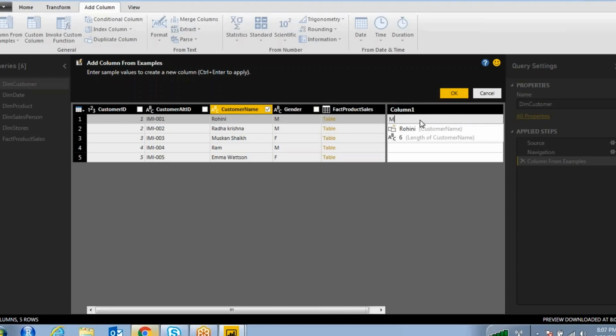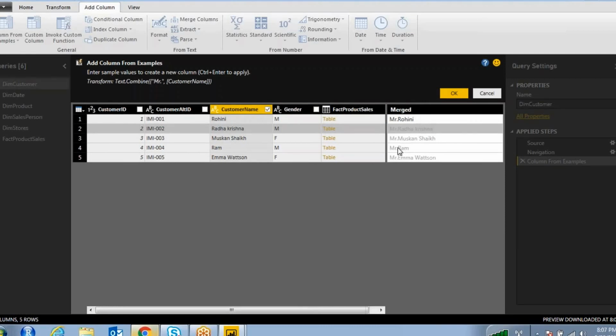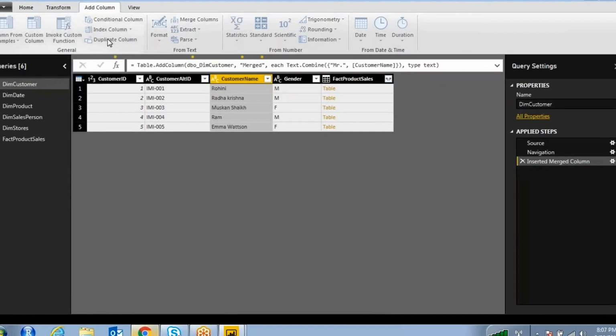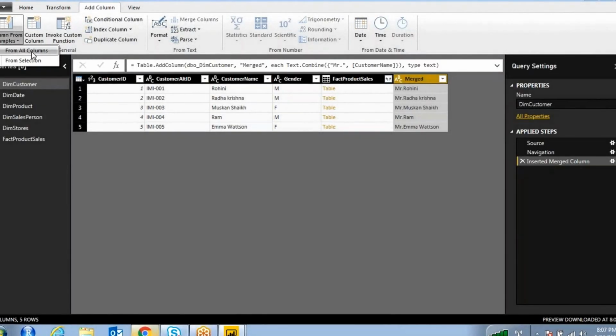Now you can type Mr. dot Rohini. What happened? Now it has taken only Mr. Earlier, I had taken from all the columns, so when you type M, it selects all the gender types here: M, M, F, M, M.